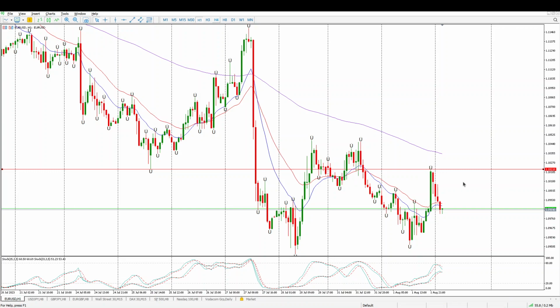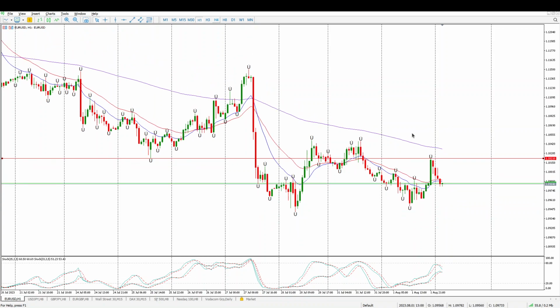So don't really trust it right now. Don't trust that we are going up or down, to be honest. And just looking at what's going on in the index, I suspect we are going to find something like that and just range. So we need to get above this area, and I wanted to get above and back for a retest before looking for longs, and I want the moving averages to cross over. Looking at the oscillators here, we can see we've got a crossover and we're pointing down.